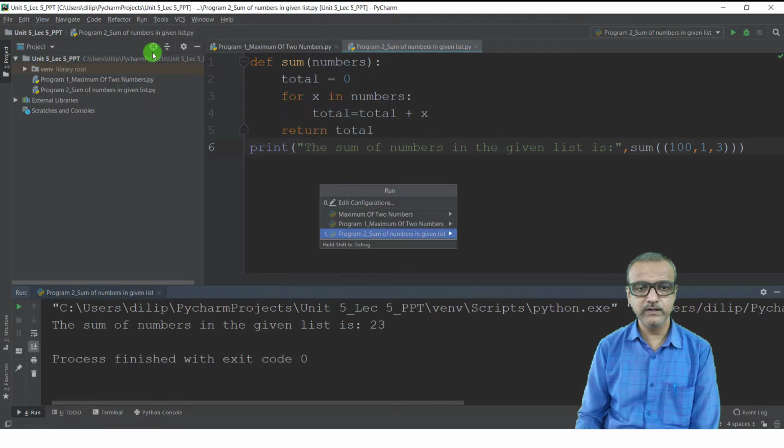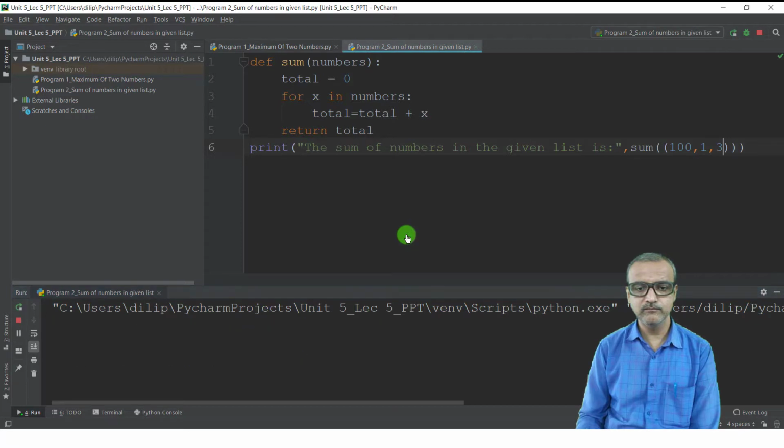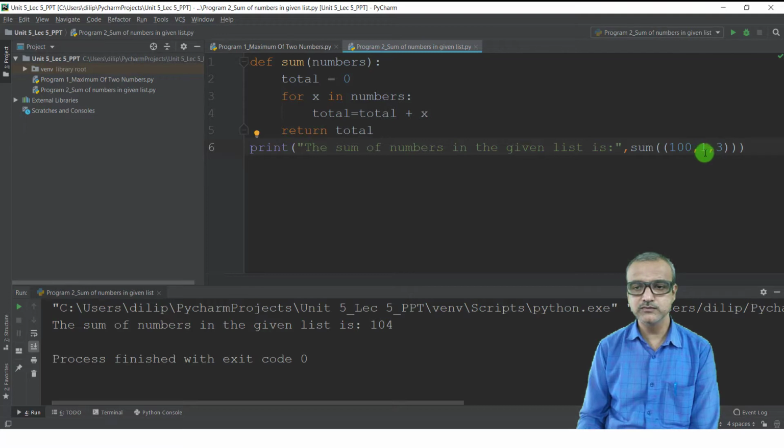Again click on this run button. Now select the file name, that is program 2 sum of numbers in the given list. Just click on this one. Now you can see the output: the sum of numbers in the given list is 104. Similarly you can take different values in the numbers and check whether you are getting the right sum or not by running the program.